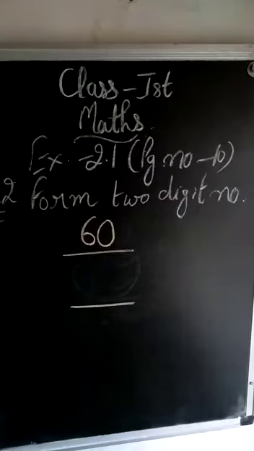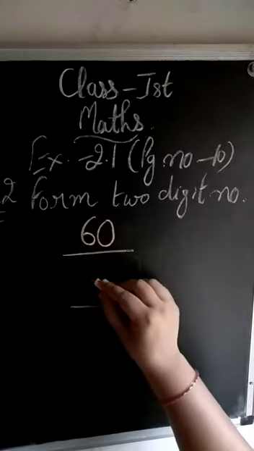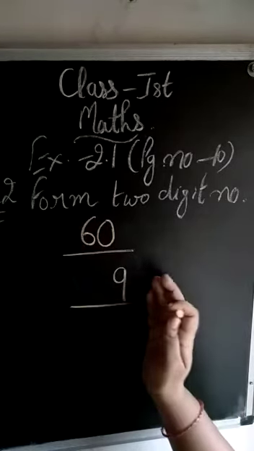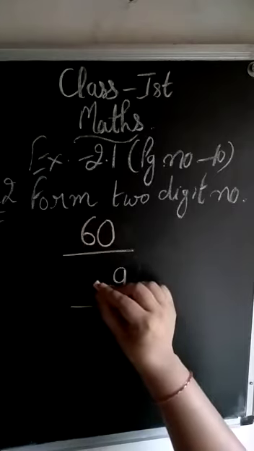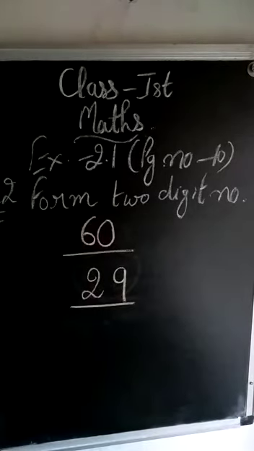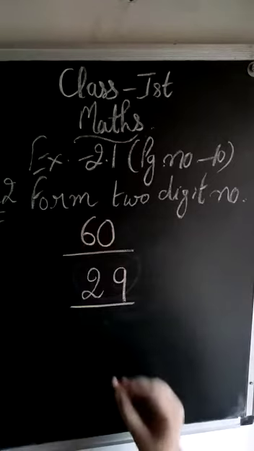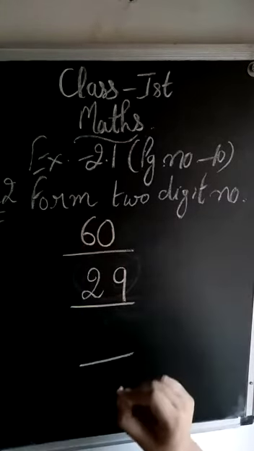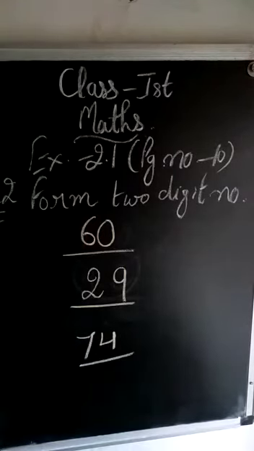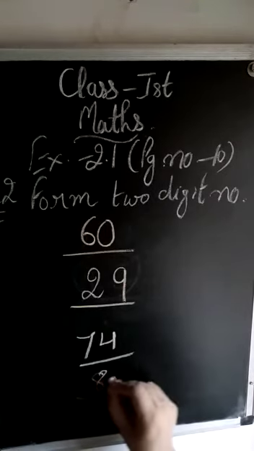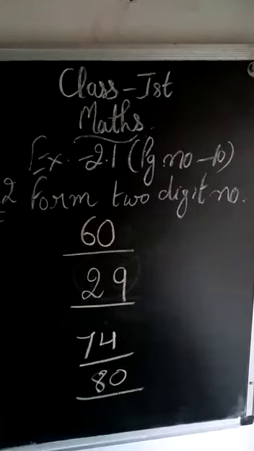Now come to the next sum. The digit 9 is in ones place and the digit 2 is in tens place. 9 is in ones place, so I will start writing the number from the right hand side, and the tens place digit is 2. So we will get the number 29. Similarly we will do the rest. Here they had given 7 is in tens place and 4 is in ones place. Next 8 is in tens place and 0 is at ones place. And the last one is 9 is in tens place and 8 is in ones place. In this way we will